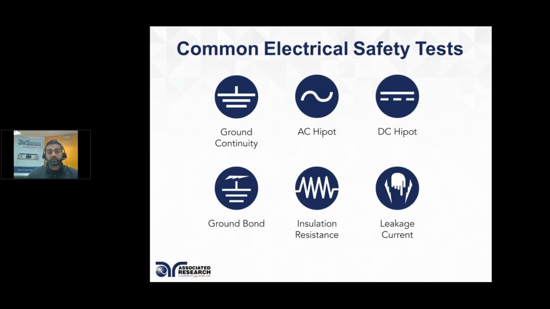We also have the IR test, also known as the insulation resistance test. This is spelled out by some of the standards to run an IR test after some of the hi-pot tests are run, just to ensure that running the hi-pot test doesn't endanger the insulation. So if you have a hi-pot test run, the IR test confirms there's no further damage